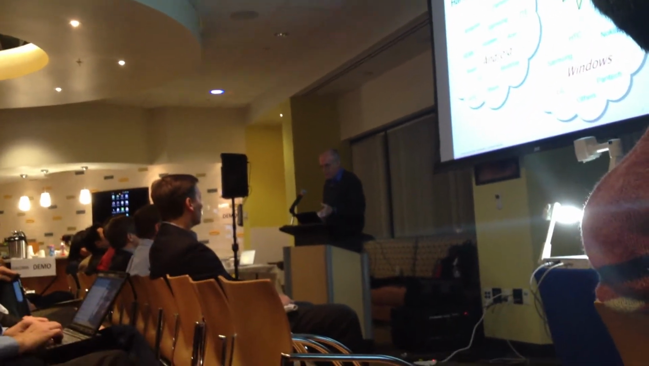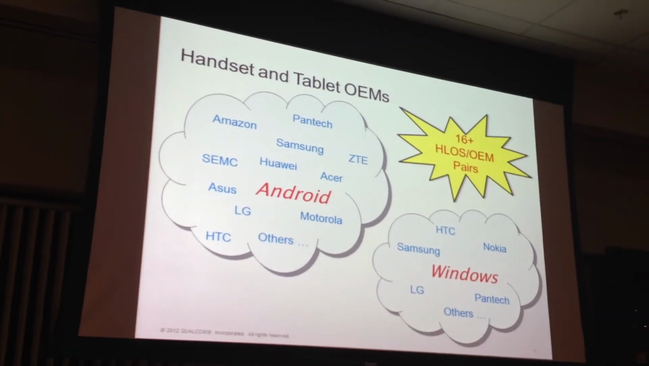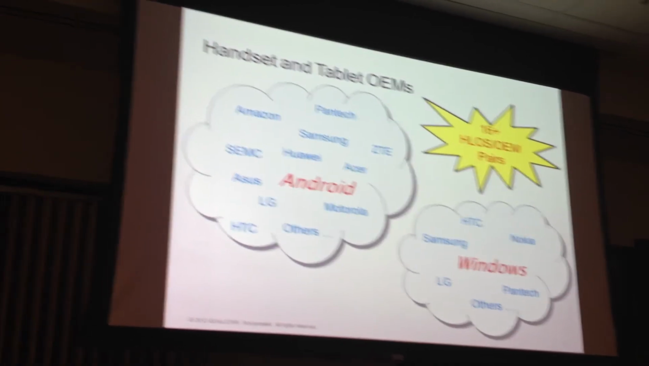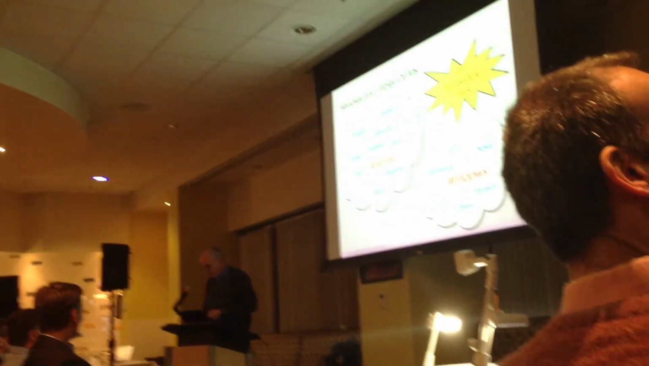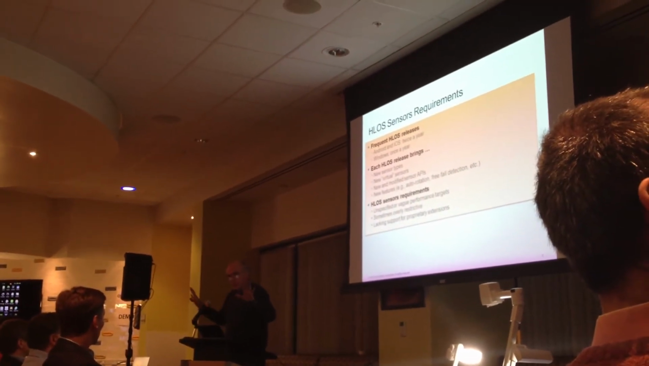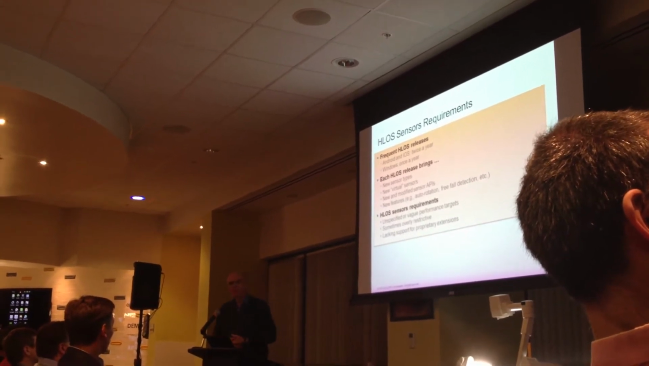OEMs, Android, Windows, at least 16 that we're dealing with, ultimately hundreds if you count the small ones. Every one of them wants a unique product. Every one of them wants to characterize what they have in a way that differentiates them from others. They want to use sensors that way. We at least have only 2 HLOS vendors we're dealing with. Ooh, isn't that nice? However,